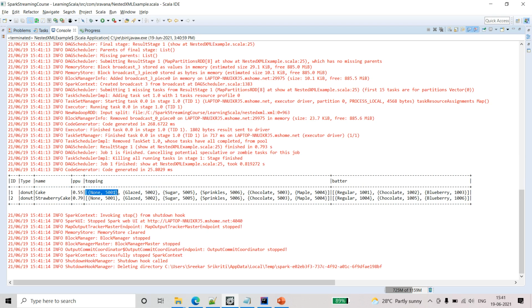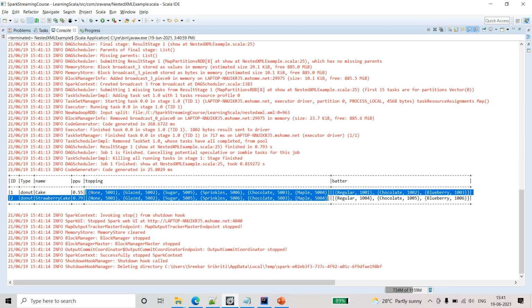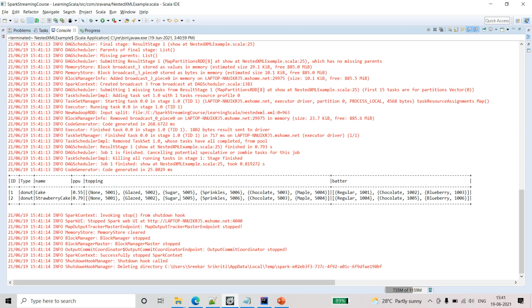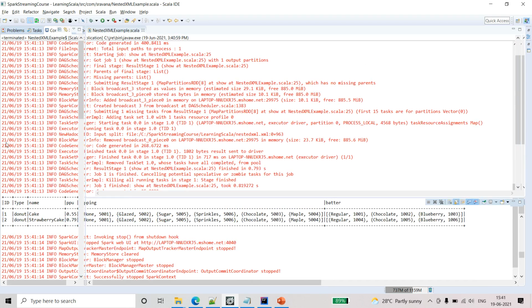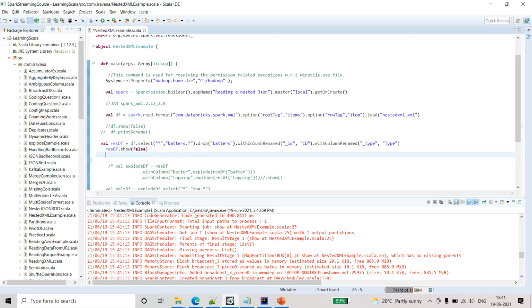If you see the topping and batter, earlier one extra brace was there. I don't know whether you have noticed it or not. It has become like an array. Now we can print the schema and see the difference.